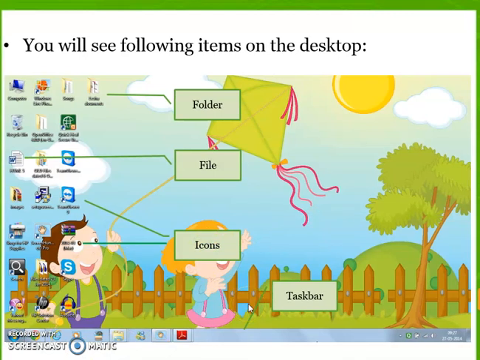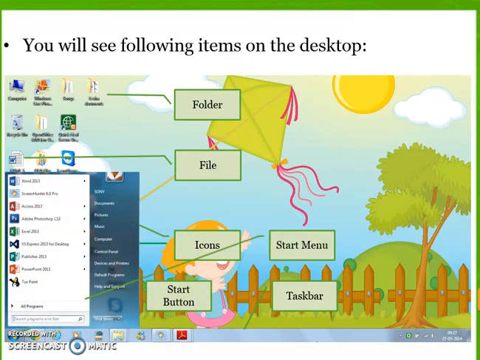Then we will move towards the start button, the Windows sign button. This is known as your start button. When you click on it, this type of menu appears, which is known as the start menu. In this start menu, you have all your programs, everything which you want to search, find, open and use. It is available there. You can just search for it, or click on All Programs and it will show you all the program items.